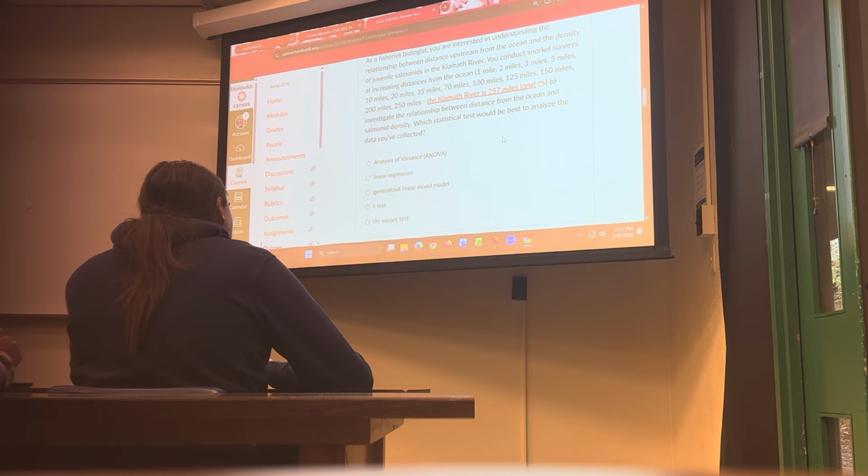So if I'm going distance from ocean here and salmonid density over here, and I've got all of these different points where I'm measuring the data, right? And then I'm measuring like here and here, and getting these values and these values and this value and then